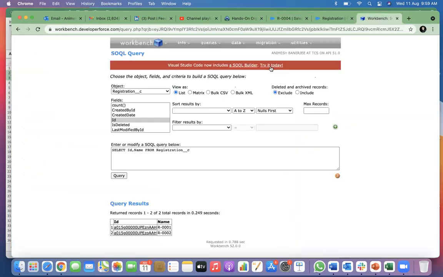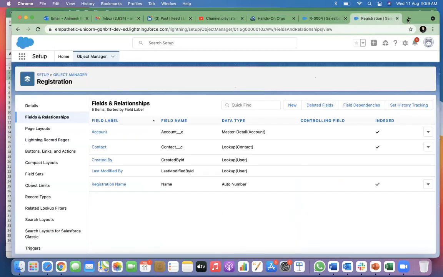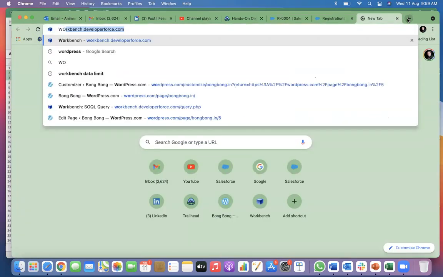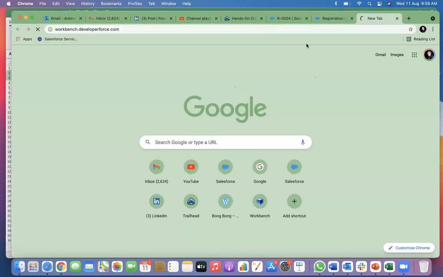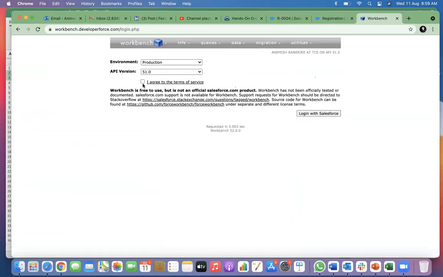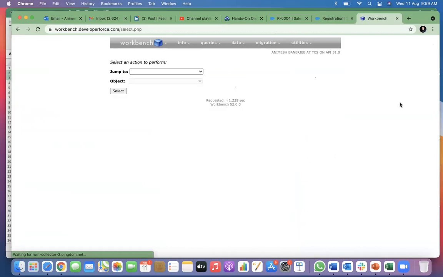If you go to the table, how does it look like? I have to relog in because if you create new things, you have to fire the workbench again. So now it has become a mapping table, isn't it?